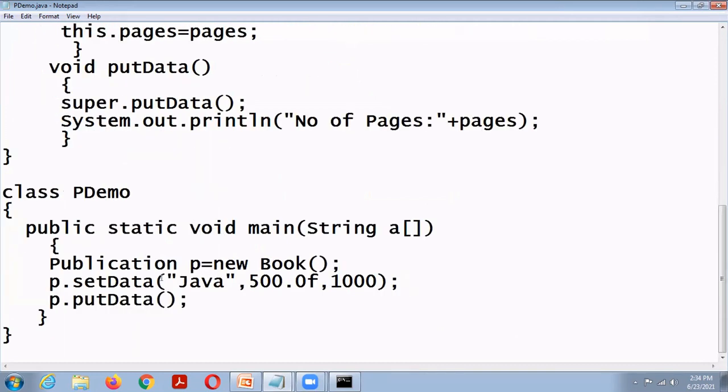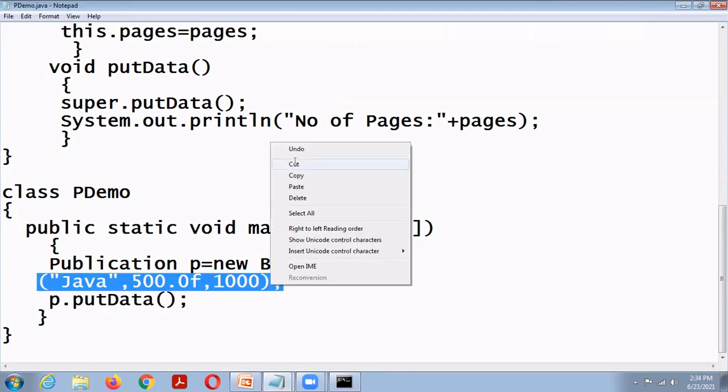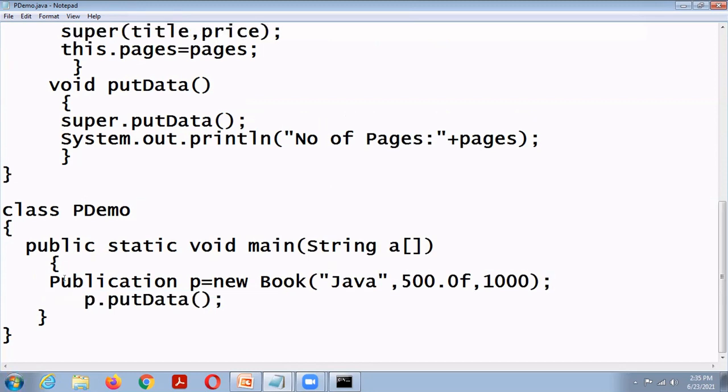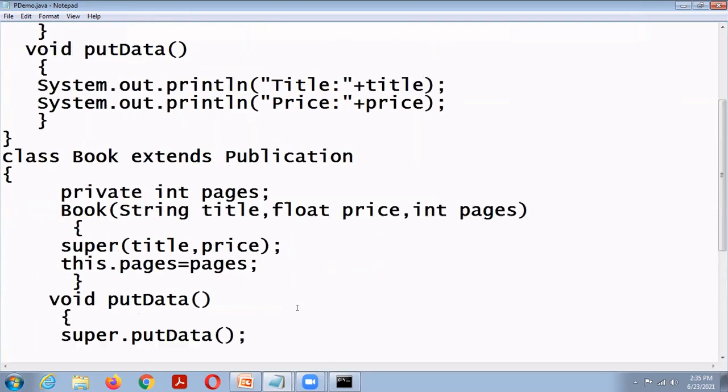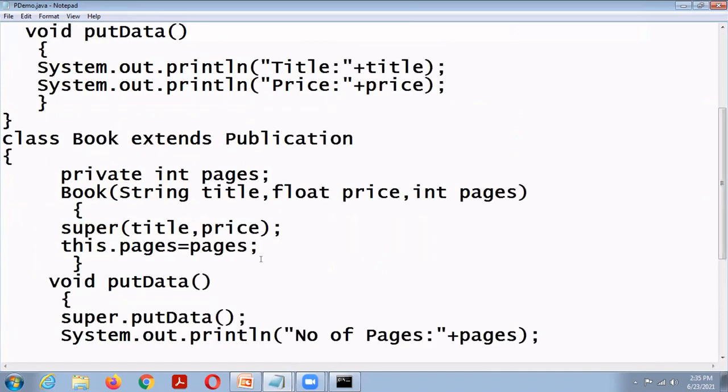So there is no need of the setData method. So publication P, new book of title, price, then number of pages. So here I'm using the constructor. This is the superclass constructor, this is the subclass constructor.